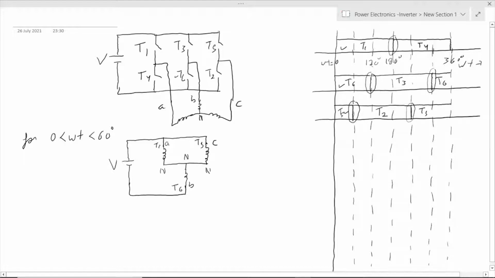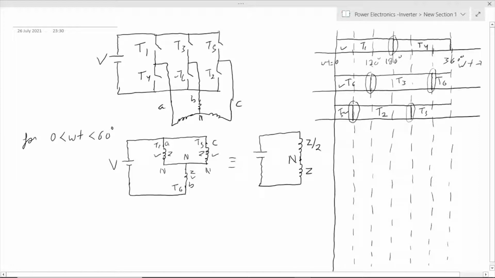So it means that these two coils are connected in parallel and then in series with this. So let us say that these are having an impedance Z. Okay, so we can write that this circuit is equivalent to this circuit, isn't it? Z, and this is our neutral point.